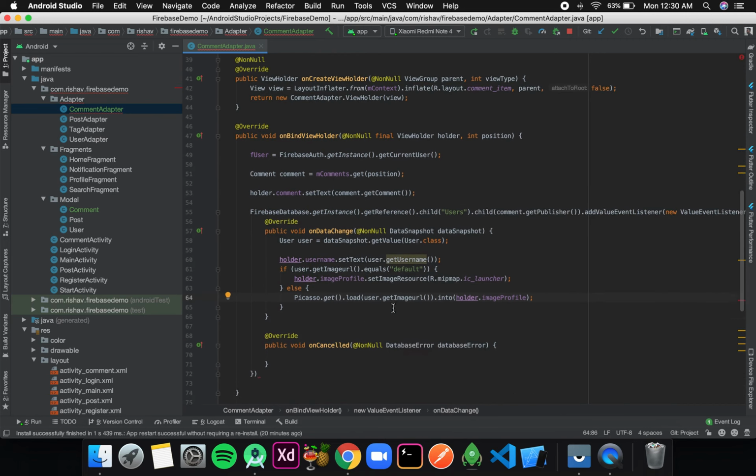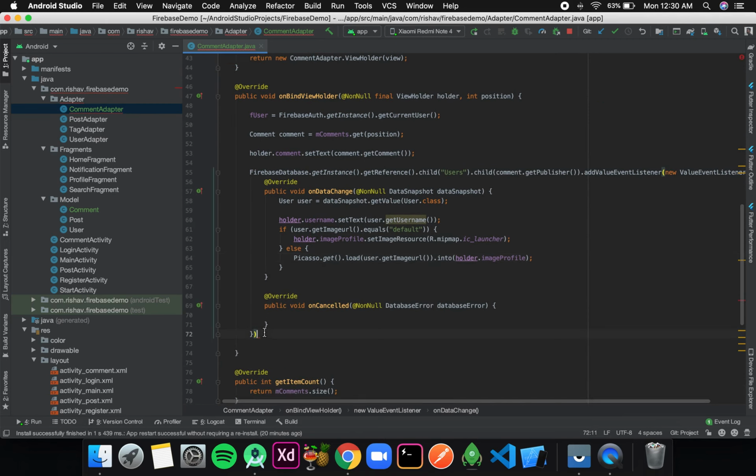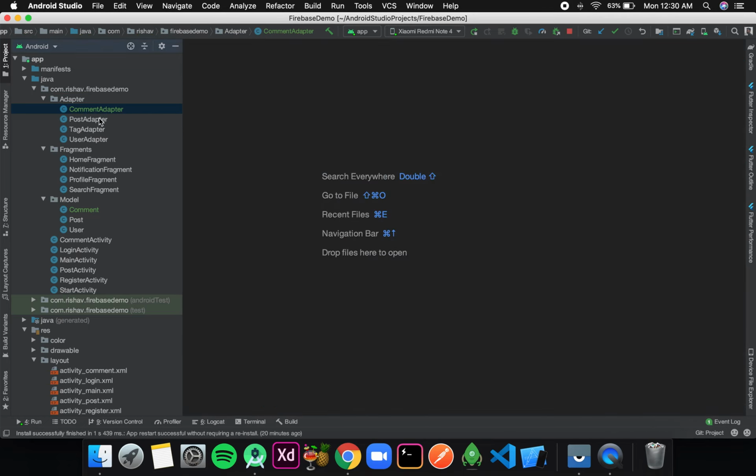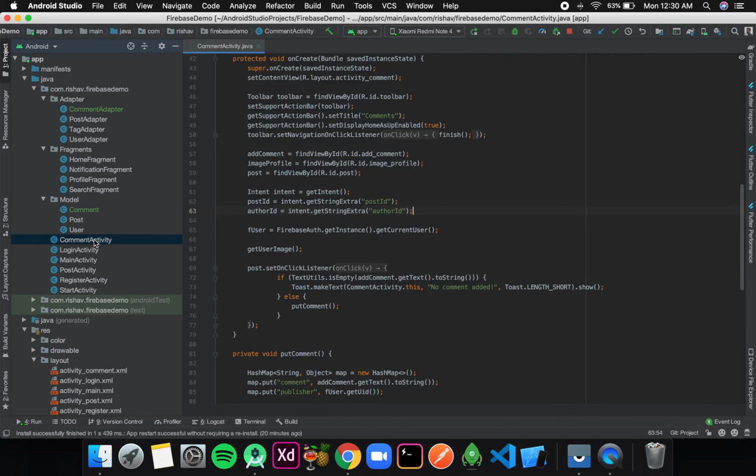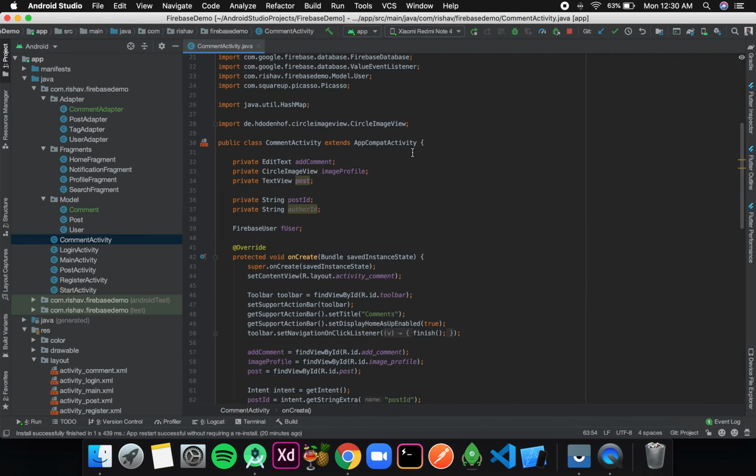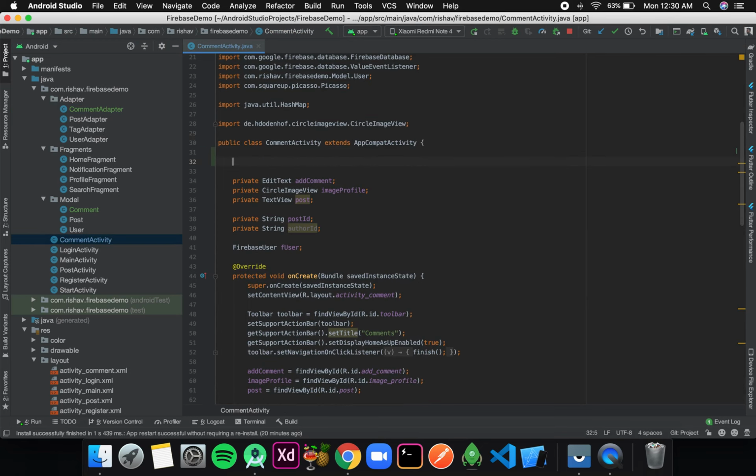Okay, done. So this comment adapter is done, just a semicolon missing over here. Now next we need to program the recycler view in our comment activity, attach it to this comment adapter. So for that, in my comment activity I'll create a few data members.